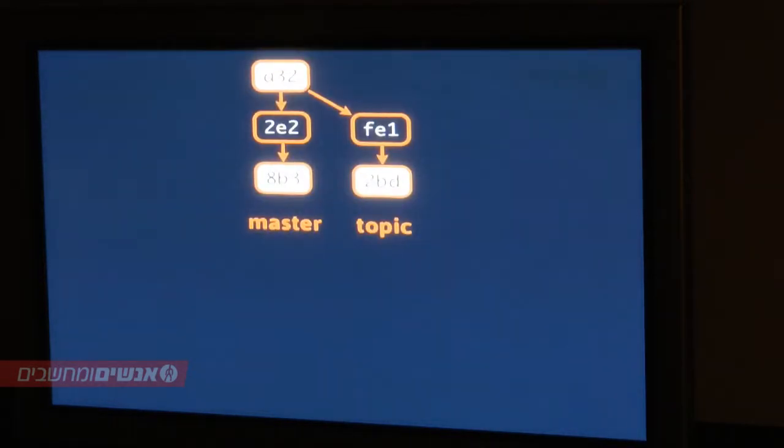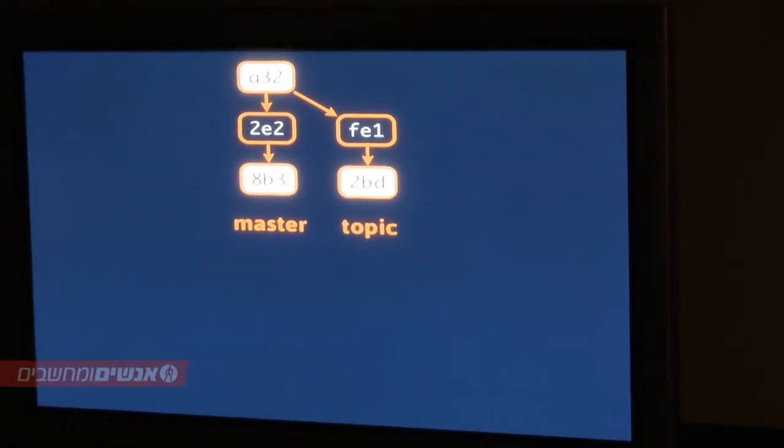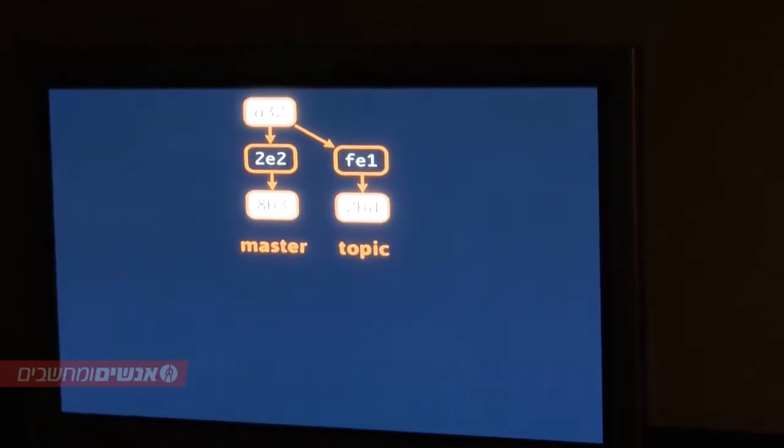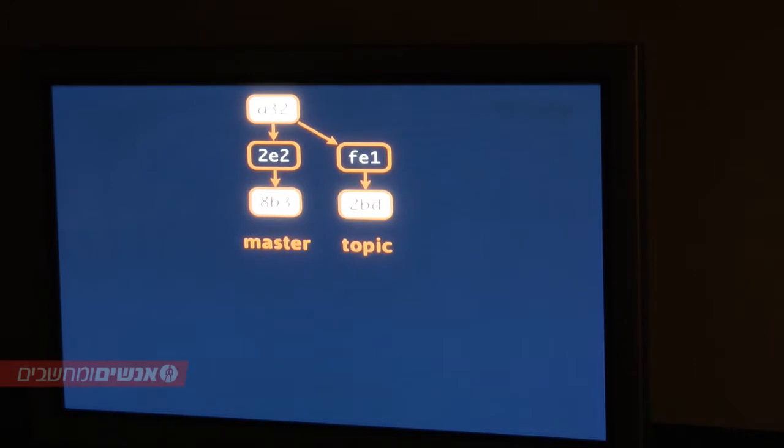Can I ask a question? Yeah. Why would you have a recurring merge? Like, what patterns does it recognize? I'm about to talk about that right now. Perfect timing. So, why would you be getting exactly the same merge conflict over and over again? A common pattern is to have a topic branch.